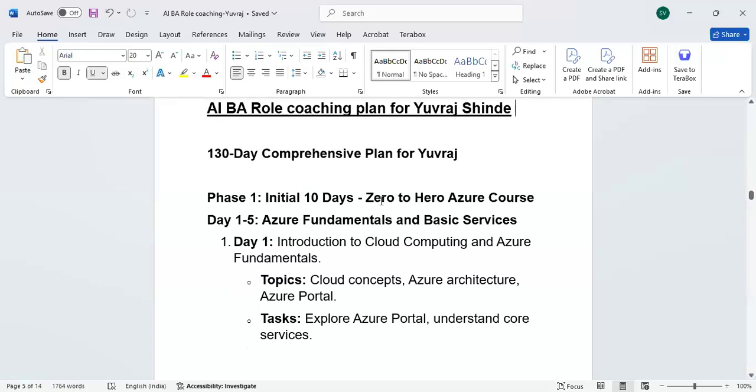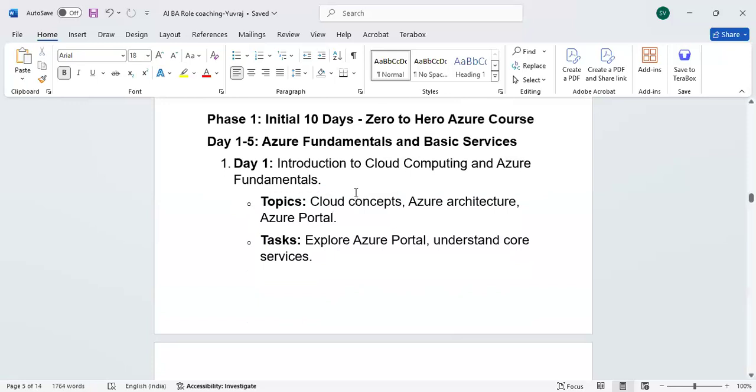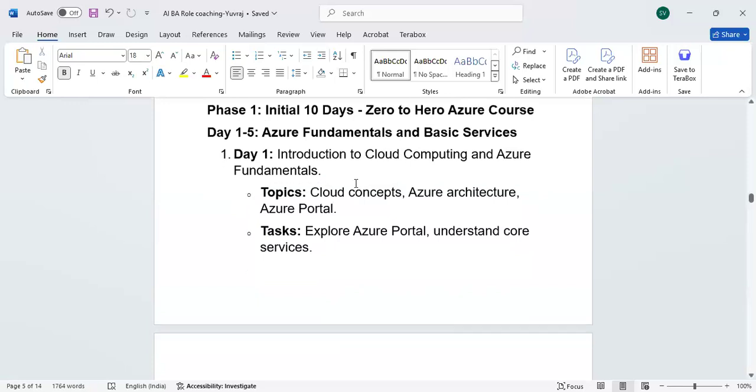So for the initial 10 days, what you are supposed to do is you have to learn the Azure basic services that is mandated to work on this ABA role, cloud skills basically. Azure fundamentals and basic services you will be working with. There is a course I am going to give you, the videos also, zero to hero course. Then there are labs also for each service. Service wise, you are going to practice the labs and update me what you have done in that, and according to that you are going to follow that curriculum for the first few days.